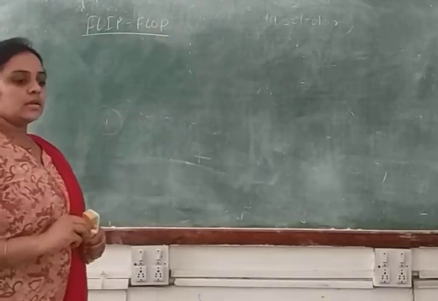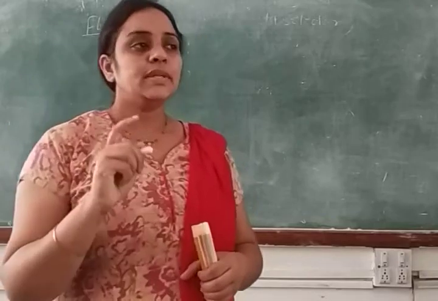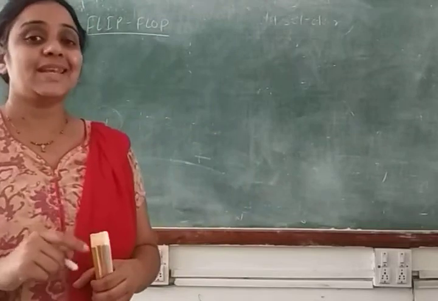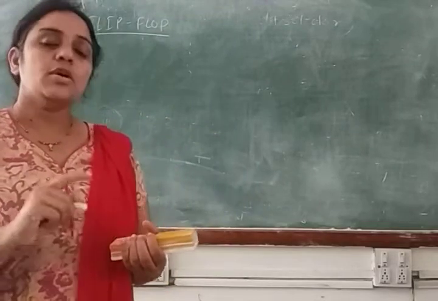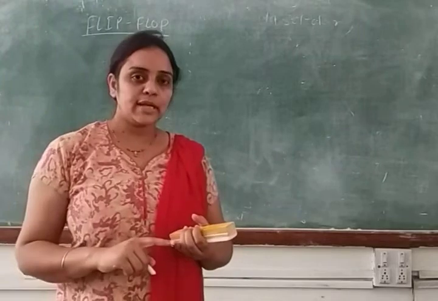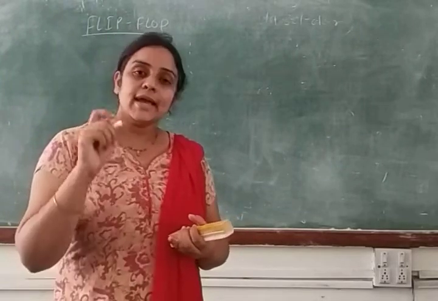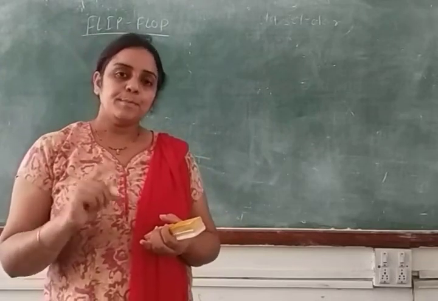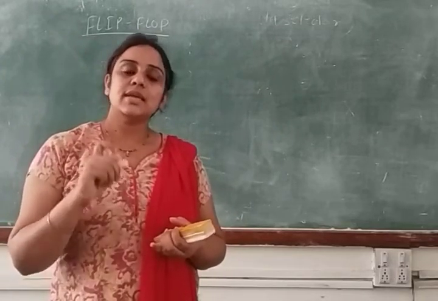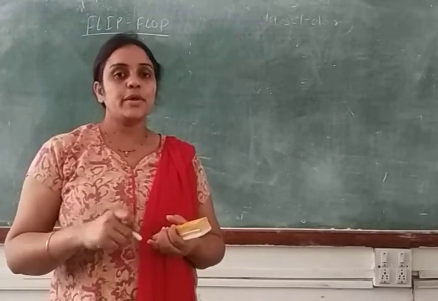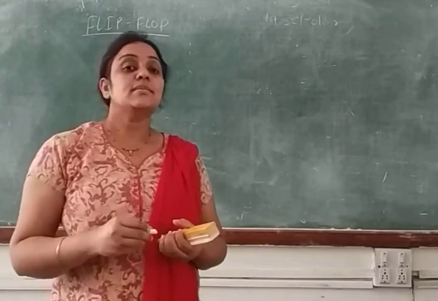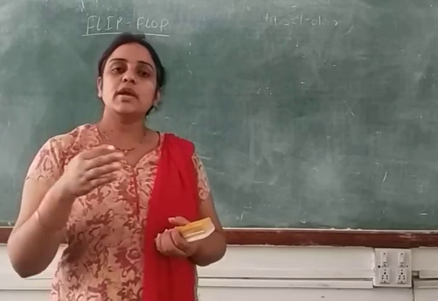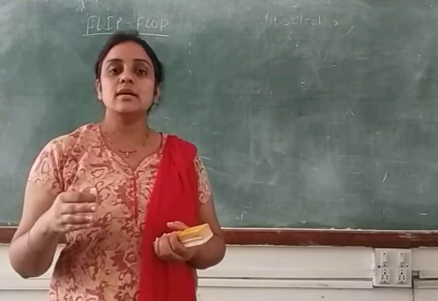Right? Then the second difference between a combination logic circuit and a sequential logic circuit is the memory element. Because a combination logic circuit doesn't have a memory element, we cannot save the output, and that's why we cannot use that output as our input into the next circuit. But in a sequential logic circuit we can save the output. That is why we say a sequential logic circuit has a memory element, and that's why we can save the output and use it in another circuit as an input.